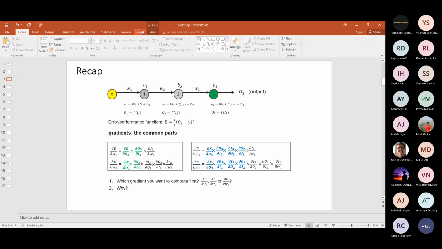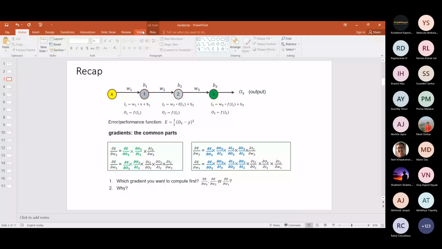So just a quick recap of what we have been doing, because we will be standing on this foundation today. You have one input here, you have output, you have a bunch of hidden nodes or hidden neurons. So all you really need to do, first of all, is compute the inputs to every node and output from every node or neuron, in every layer, right from the starting position, from X. Then you compute the final output given by the network, which is O3. This pass is called the forward pass, because you are taking the inputs, passing them through this network, and finally computing the output. This is called forward propagation or forward pass.